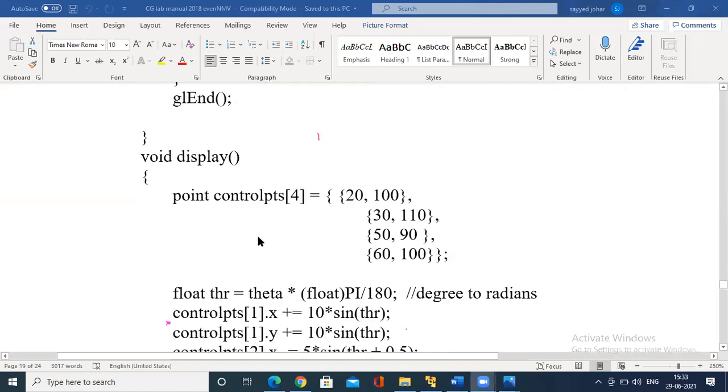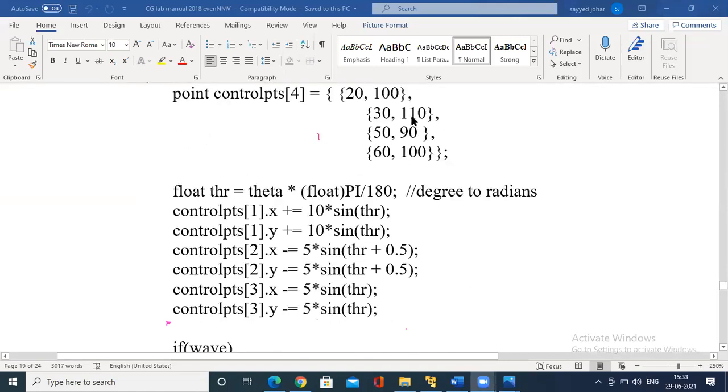Here in the display function, basically we call the 4 control points and calculate the angle of rotation and angle of movement for the blending with respect to the 3 control points. Why? Because see, this is a fixed point. The first control point is fixed. So we start like this, right? In this, all these points are fixed. They are not changing their blending effect.